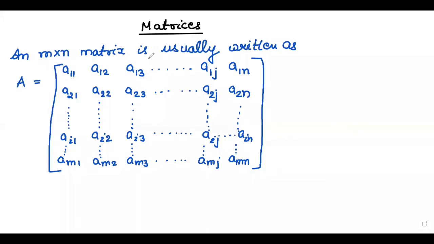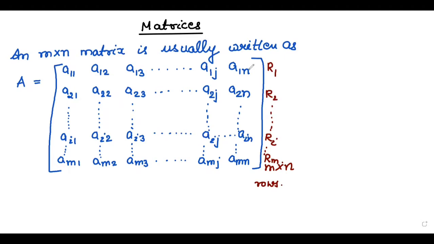So in the previous video, we discussed what a matrix is, the definition of a matrix. We can write a matrix of m by n order like this. Here the order is m by n: the number of rows is m and the number of columns is n. The rows are R1, R2, R3, and it proceeds like that to Ri, and the last one is Rm, meaning m rows.